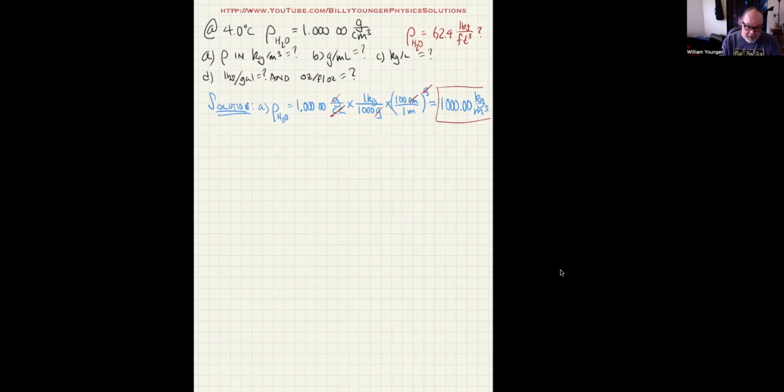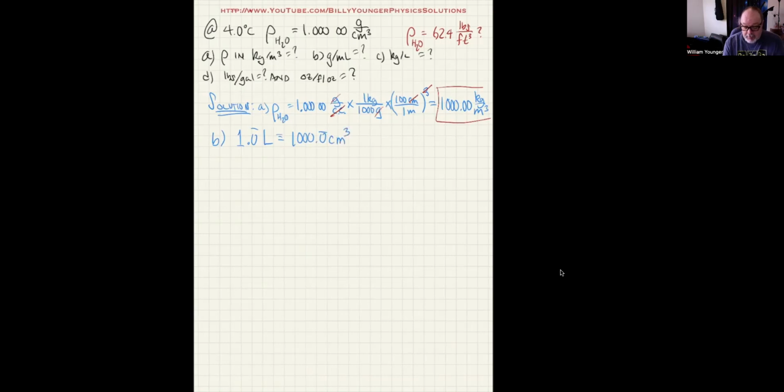So we've now done part A. Part B, we'd like to convert this to grams per milliliter. And of course, to do this, we need to make use of what the milliliter is. And I actually handled that in another video. So I'm going to just remind you that 1.0 with an infinite number of zeros after it, a liter is defined to be 1,000 with an infinite number of zeros after it,